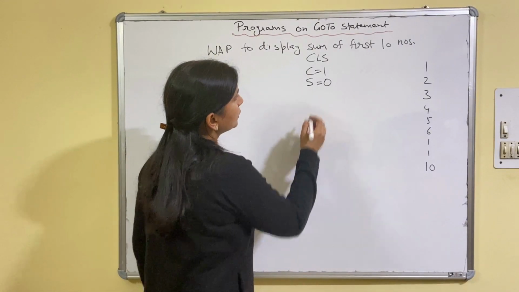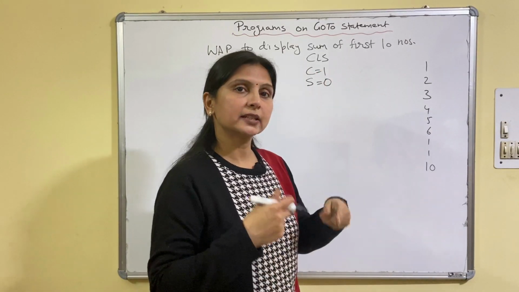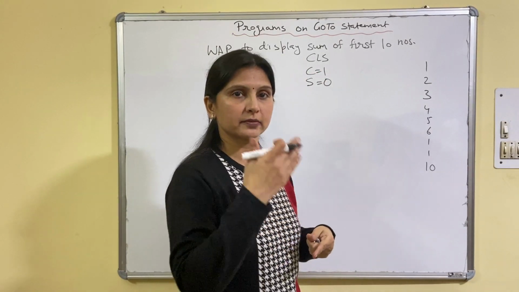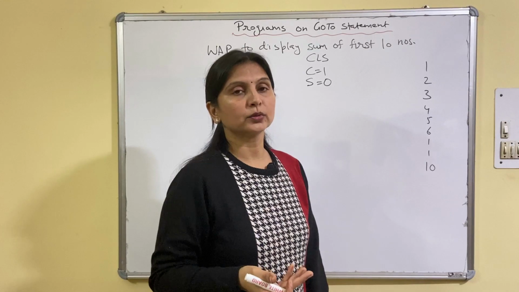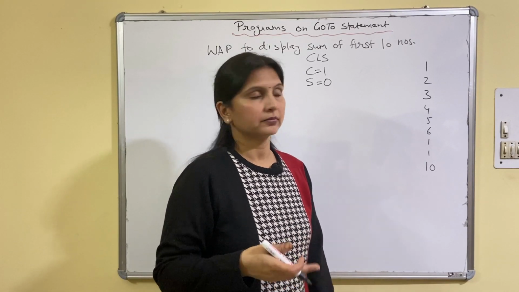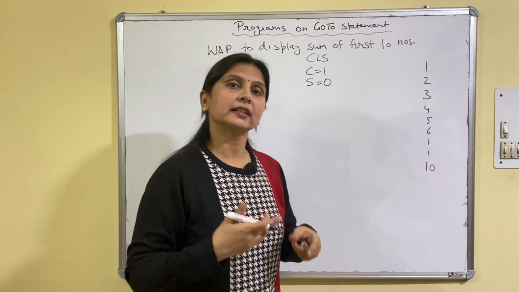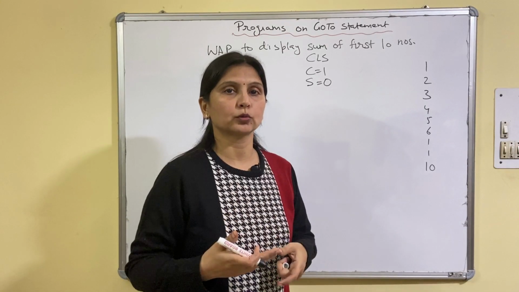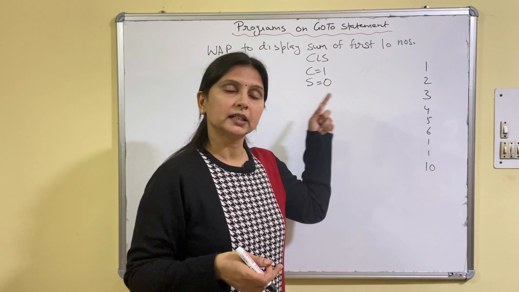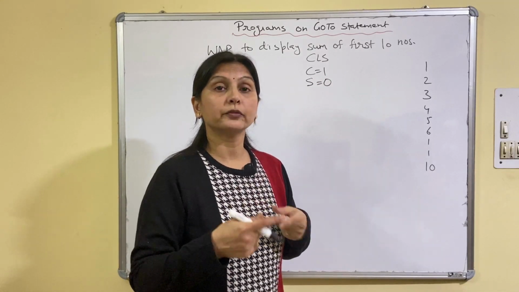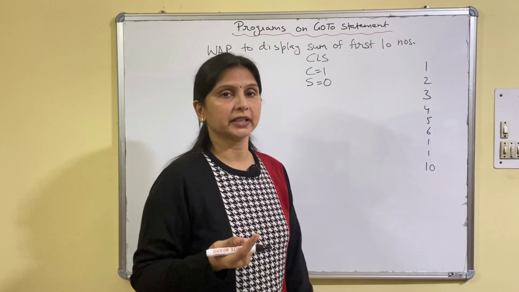Fine. Now, you see our counter is also starting from 1 and changing to 2, 3, 4, 5, it changes from 1 to 10, and our numbers are also 1, 2, 3, 4, 5. So, no need to take another variable n to assign these numbers. We can use the counter only. We can add the counter only because the counter is changing from 1 to 10 and we need to find its sum. Otherwise, you can take another variable n equals 1, then add the value of n in the accumulator variable. But here I am taking the counter variable only.